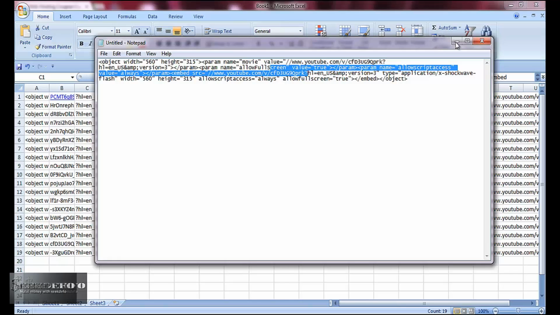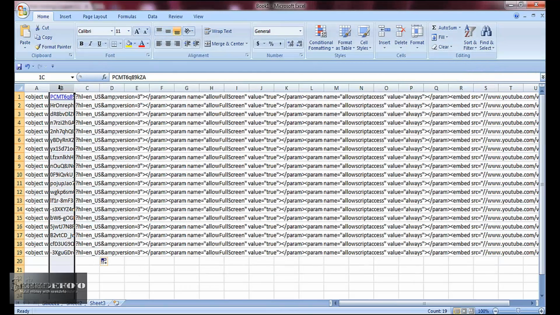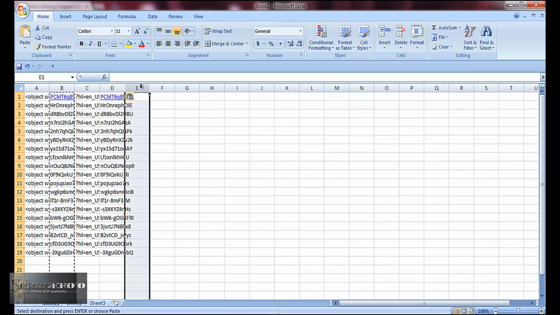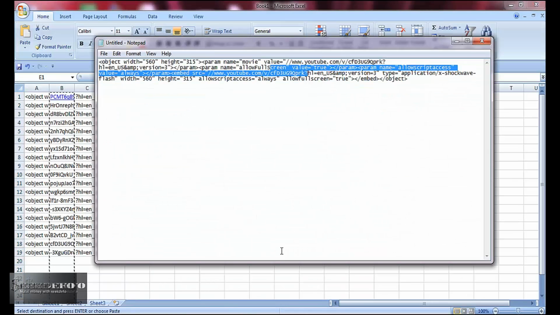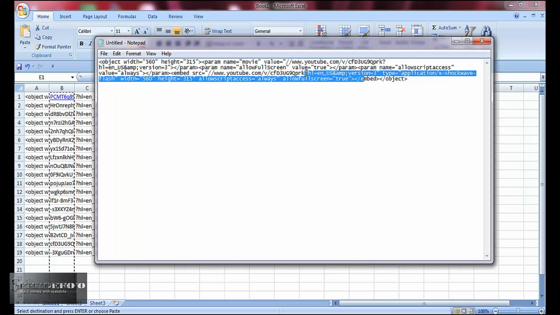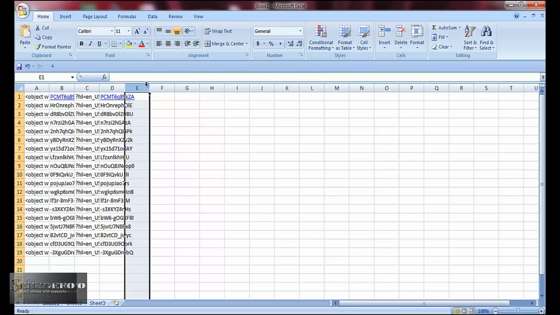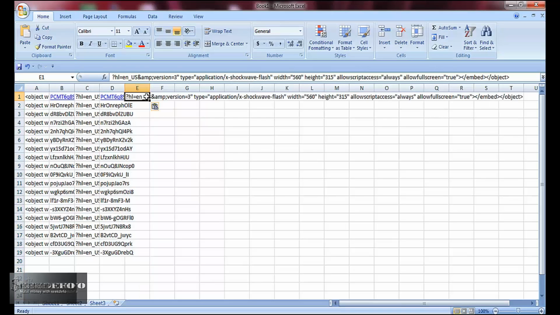So what we would do next is copy the cell in B and paste it in D. Next we would come to E and see what happens after the video ID. So we copy it up to object and drag it down